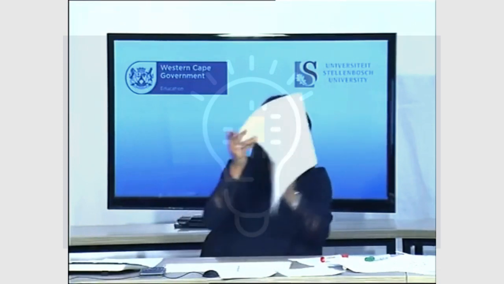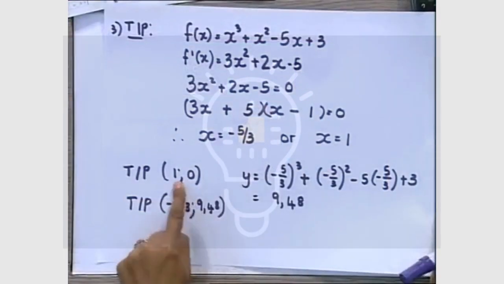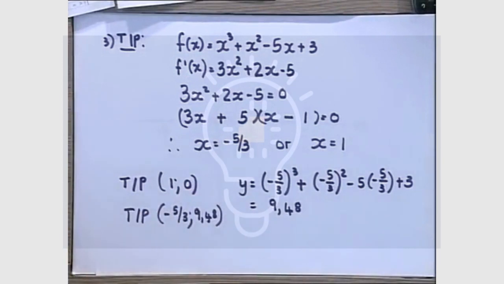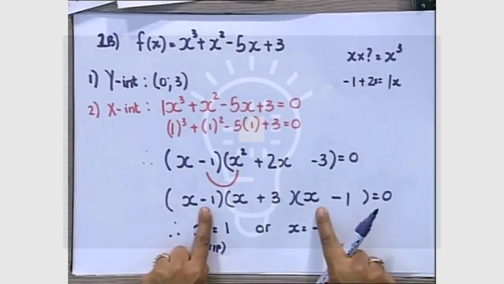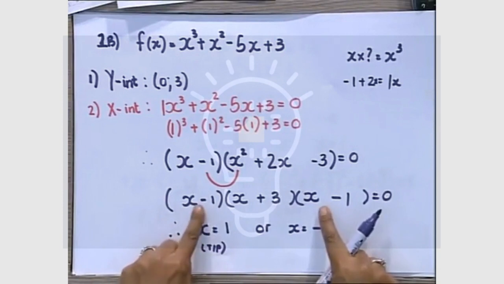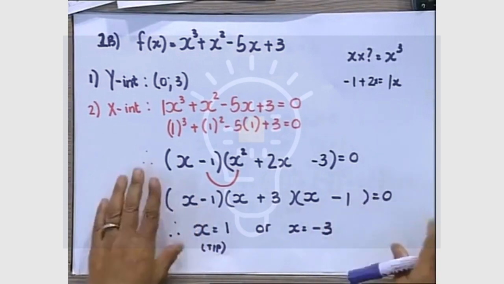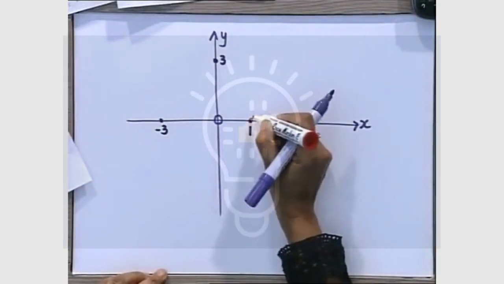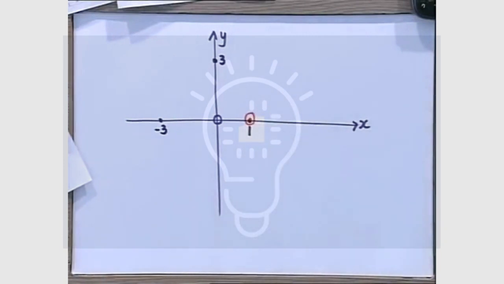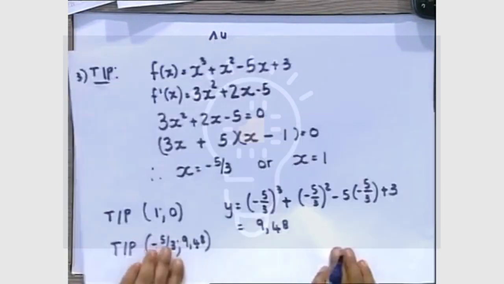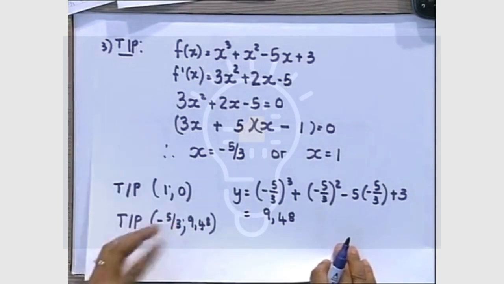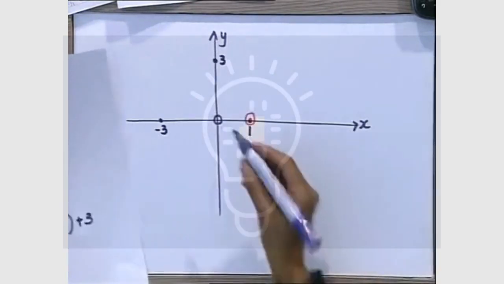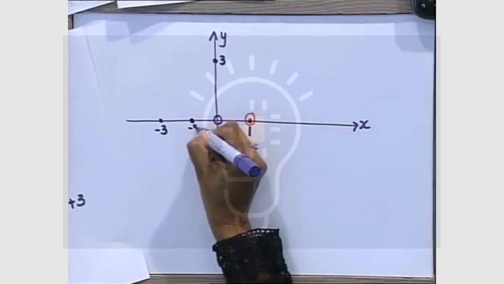My turning points. The one turning point must be 1 and 0 because this bracket was being repeated. You always remember that: if a bracket at your x-intercepts is repeated, it automatically becomes a turning point. So there's my one turning point. You know what I do? If I do a turning point, I circle it because I know that it has to turn there. And the other turning point is -5/3, which is -1 2/3, which is somewhere here, and